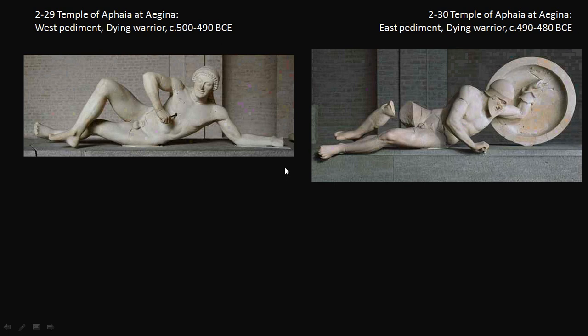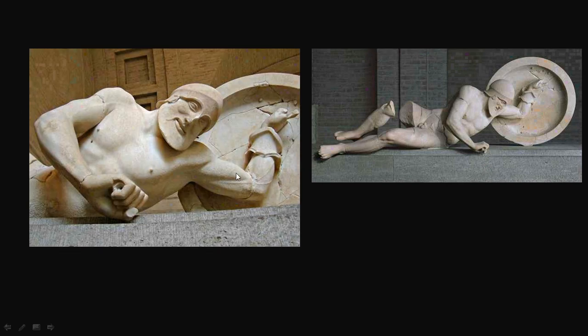The figures each fit into the corner of one of the two pediments that mirror each other on opposite sides of the building. Also notice that even though he's significantly more realistic, you can see the veins in his arm, he still is wearing that strange, archaic smile that was in the archaic period, the way in which sculptors attempted to give life to their figures. Well, we'll look at more Greek architecture